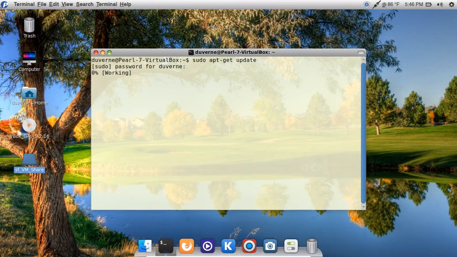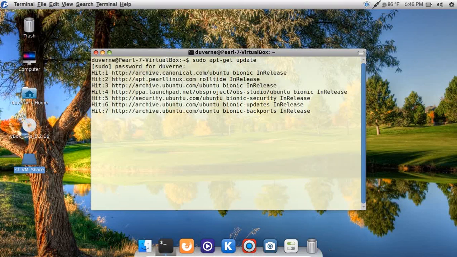Now notice I said it's going to update the database, comparing what you have versus what's available, right? But what it doesn't do is install the software with that. So if you press the up arrow on your keyboard, it'll repeat the line you just typed, and we could just erase the word update and type